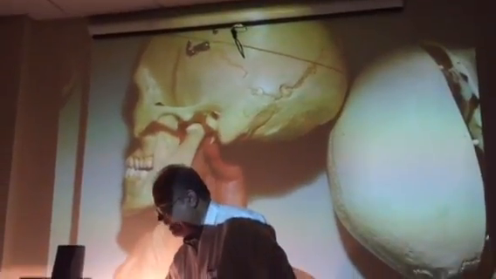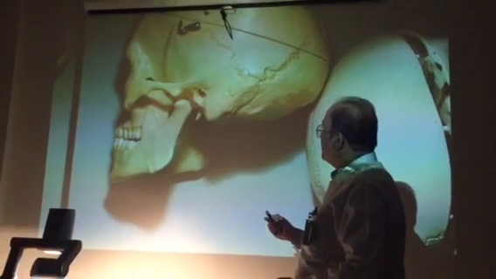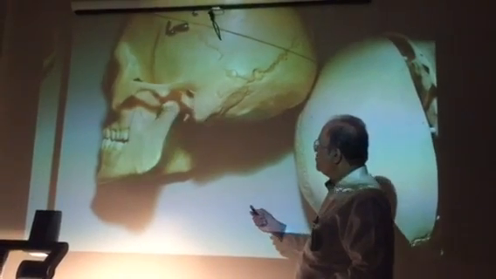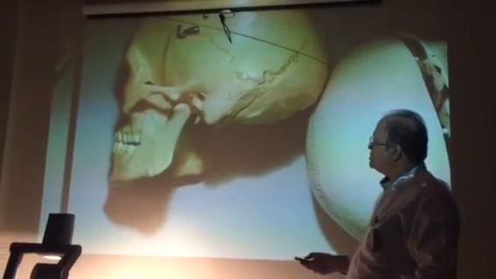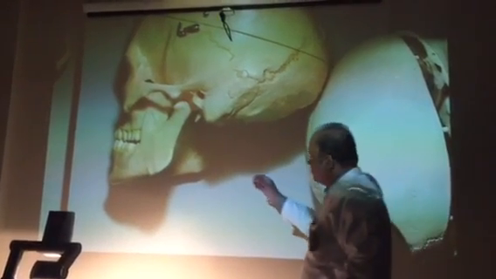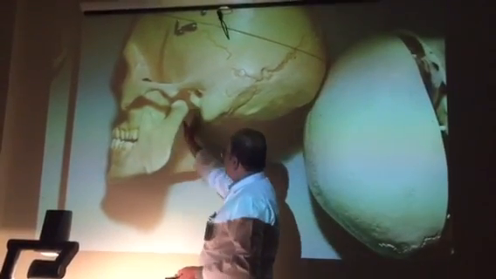And so this space below the zygomatic arch here is your infratemporal fossa, and you can see posteriorly there is the styloid process, there is the mastoid process, and we have